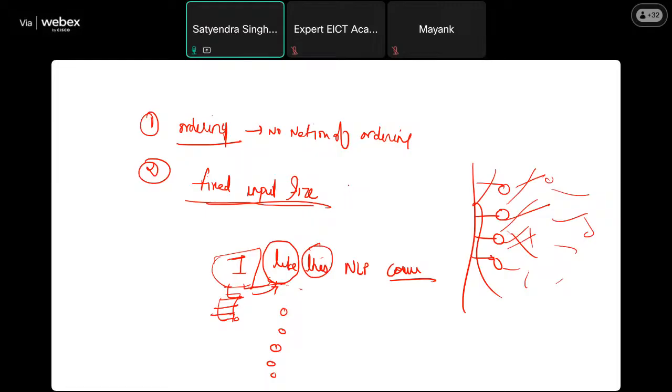Whereas in NLP-related or sequence-related tasks, in sequence modeling, you might have input of varying size, right? And there is a more common problem, not only for sequence modeling but even for image-related tasks: no parameter sharing. There is no notion of parameter sharing in an NN. So these are the problems with